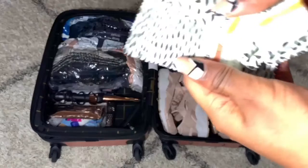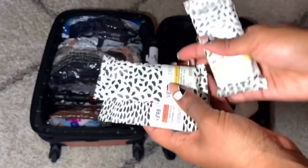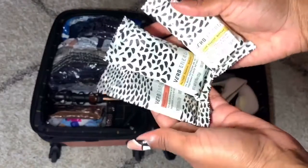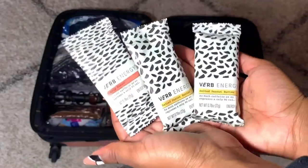My next trick is to pack these Verb energy bars. Traveling can just make you super tired, and these are great to combat that. They have as much caffeine as an espresso, they're only 90 calories, and they're also gluten-free as well as vegan,